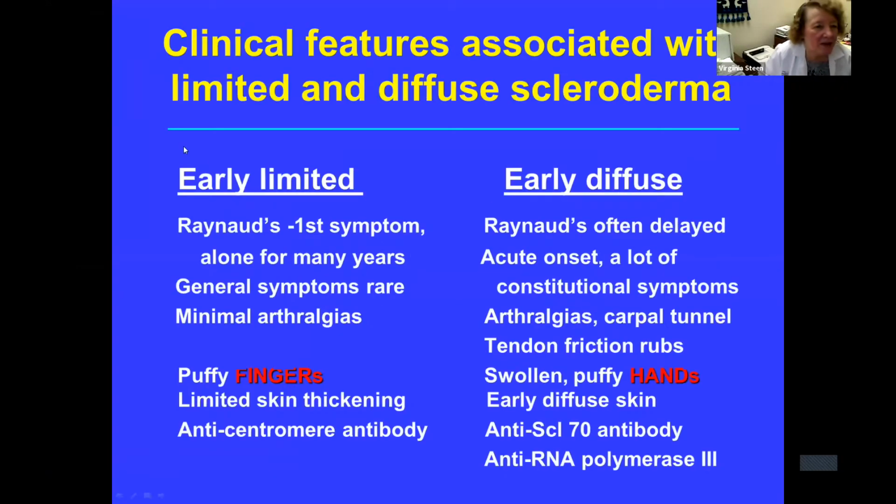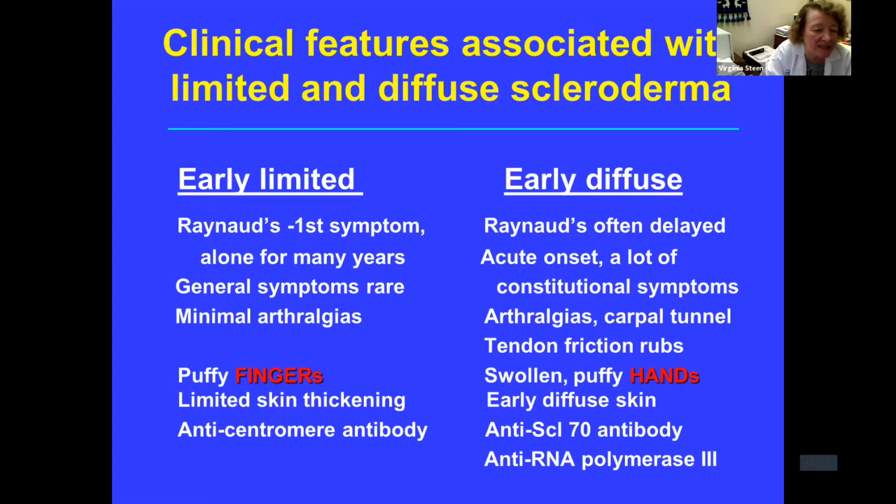There we go. Okay, so we're going to start out just talking in general about scleroderma. And there are two main groups of systemic sclerosis, limited cutaneous and diffuse cutaneous. Now, some of you probably trained at medical schools that they still try to talk about CREST syndrome. And we, as a community, have tried to get away from that designation for a long time, and we really refer to this as limited cutaneous disease and diffuse cutaneous, because some of the other features can be in both groups,